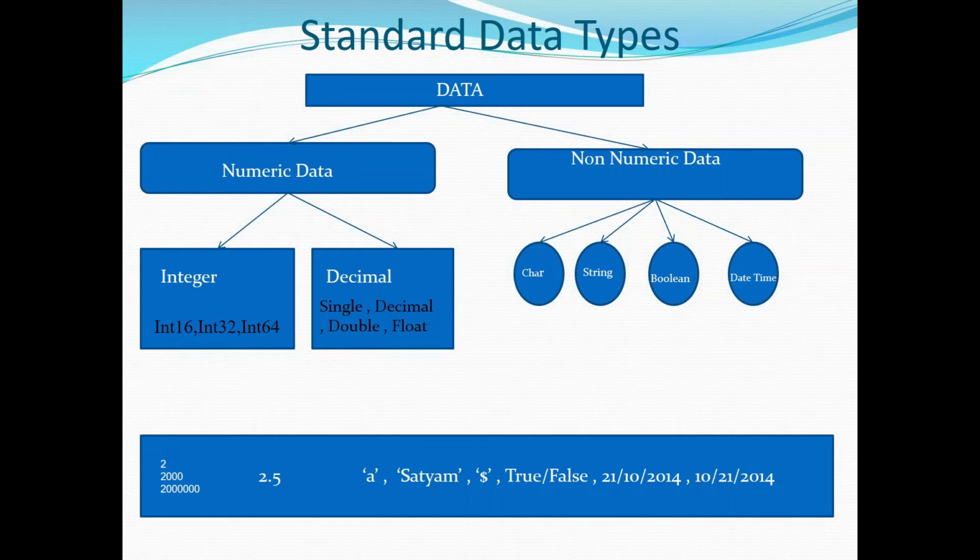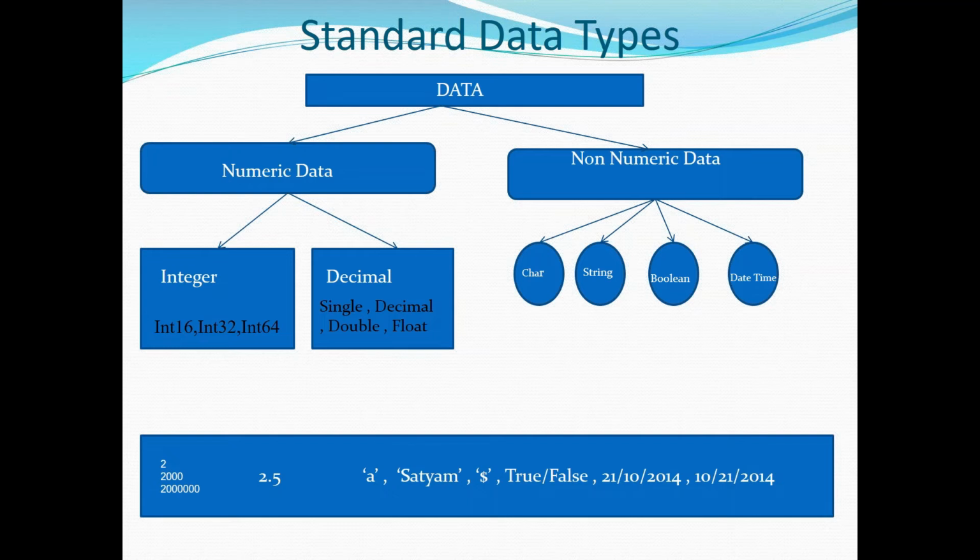Okay. So that is the reason your data type will come into the picture, because you should tell the system, boss, if it is a 2, allocate only this much amount of memory. If it is 2.5, this is a little bigger than the first one, that's why it allocates this much amount of memory. If it is a character, allocate only this much amount of memory. If it is a string, allocate only this much amount of memory. So proper memory management should be done by the developer.